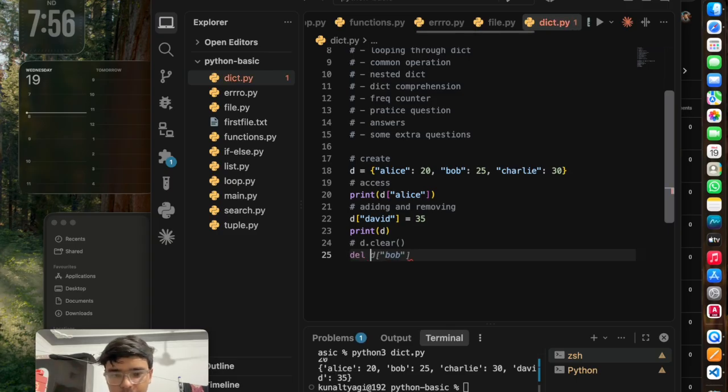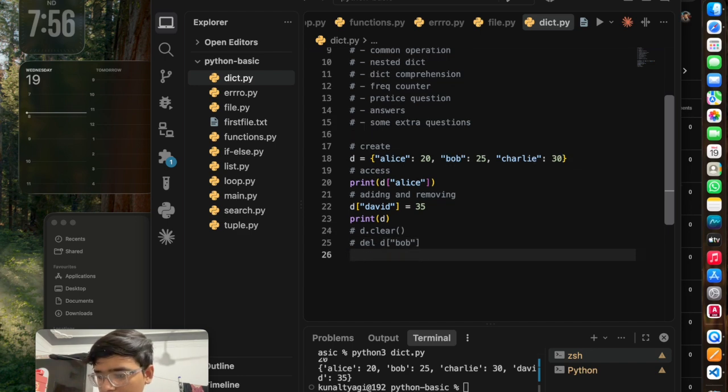You can also use the del keyword. Del here means delete. It will delete this key value pair. Now there is pop. For example, let's just take d dot pop.